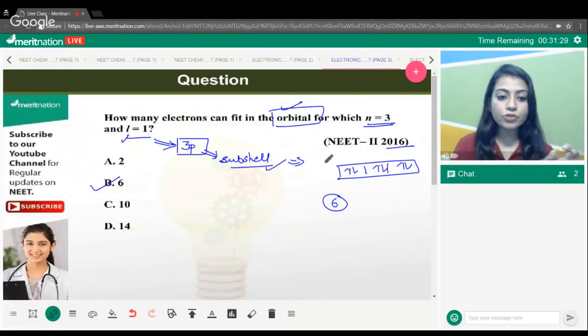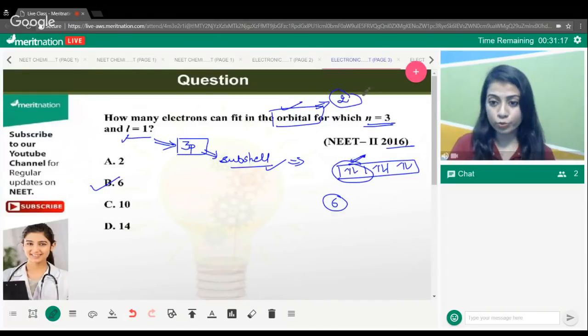In the subshell, we are considering all 3 orbitals, and in one orbital there can only be 2 electrons. So the answer should be 2, because in one 3p orbital there are 2 electrons. And in the entire